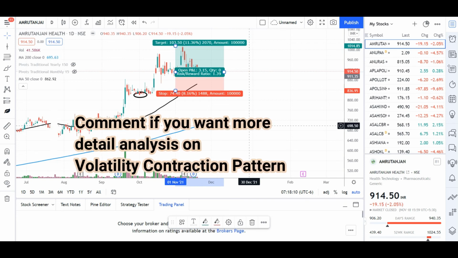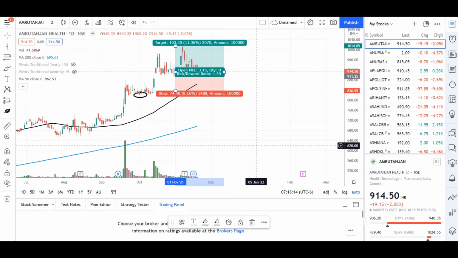When the stock goes up, it will go so fast that you don't have to wait whether it will take 1 month or 2 months. It will go very fast. Within 1 week you will get 10-15% return, and if it comes down, that is also going to be very fast. Within 1-2 days you will get to know whether the stock is going to come down, which is very good because you don't want to waste your time.